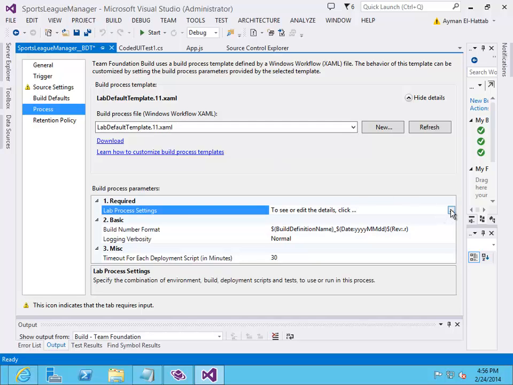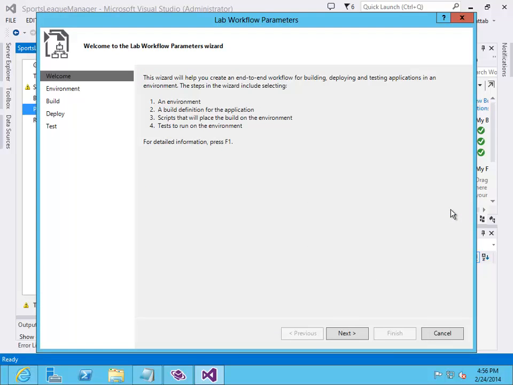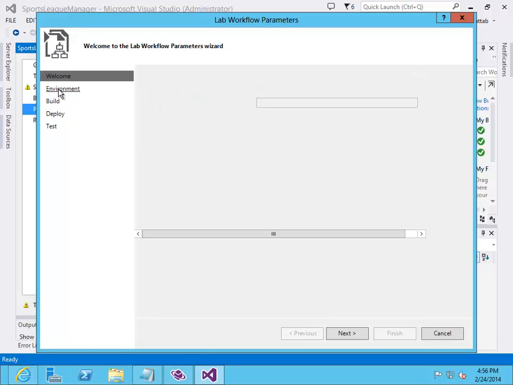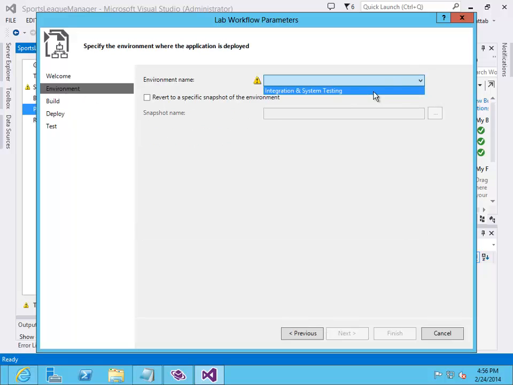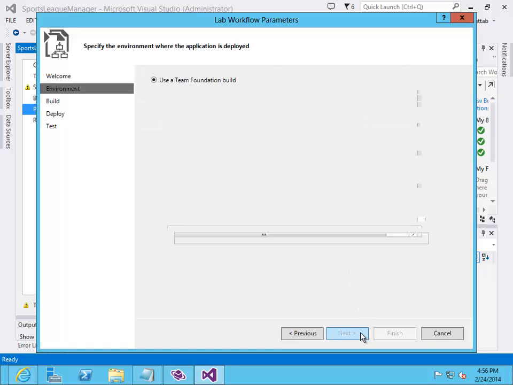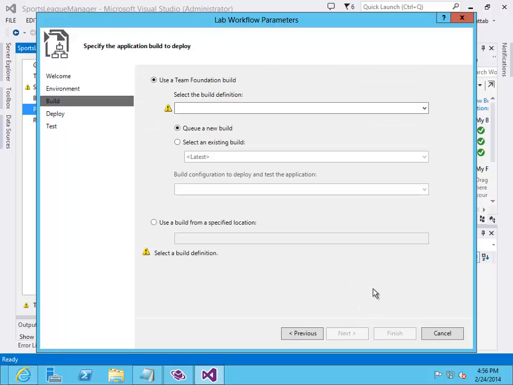Choose the ellipsis button, and here's the wizard that can help you create an end-to-end workflow for building, deploying, and testing apps. For the environment, I'm gonna choose my testing environment. I had already created one. Click next. I need to choose my build definition, and since we already created a build deploy build definition in our first demo, I'm gonna use this here,